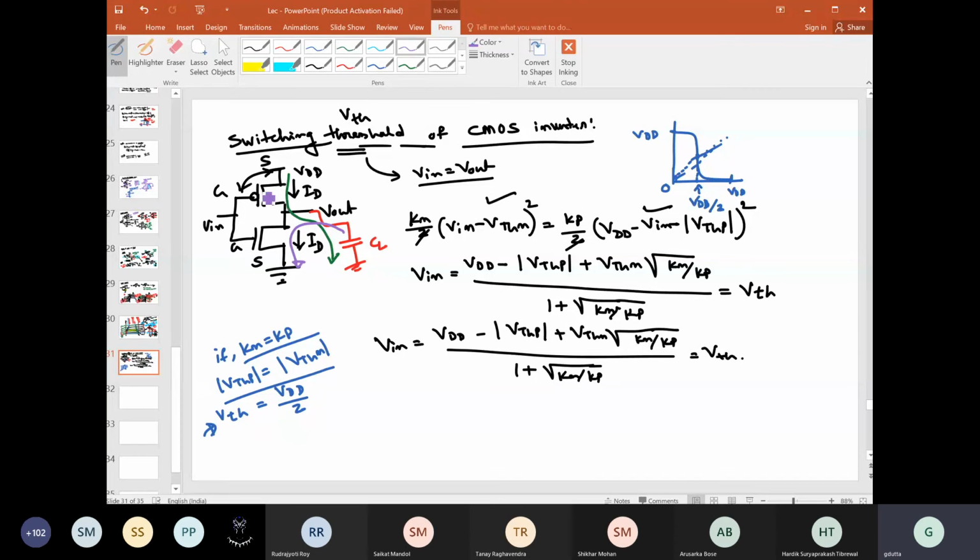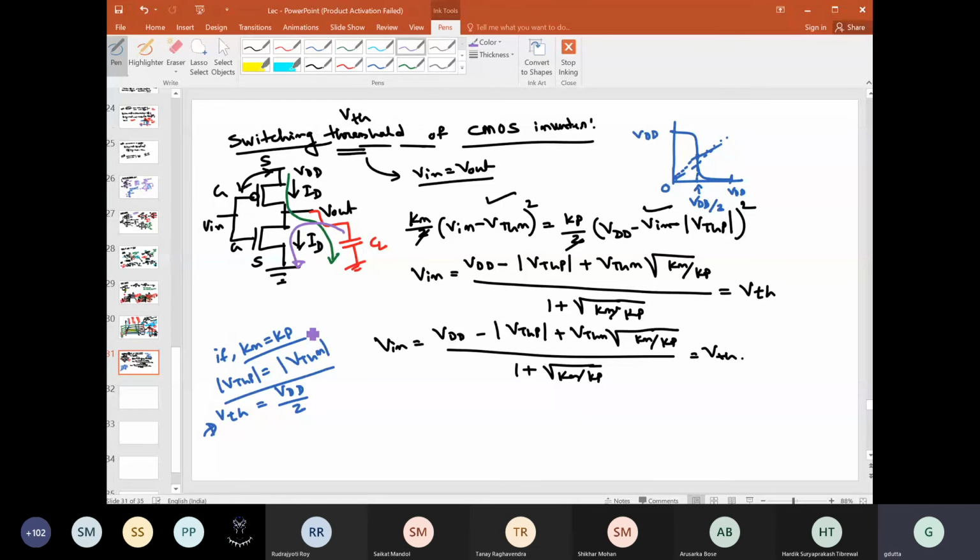And if the resistance of this PMOS and NMOS are the same, then also the charging time and the discharging time would be equal, right? And that is what you also want. You want the charging time and discharging time to be symmetric, and equal. So if you want that, then you have to make the resistance of this transistor and this transistor equal.